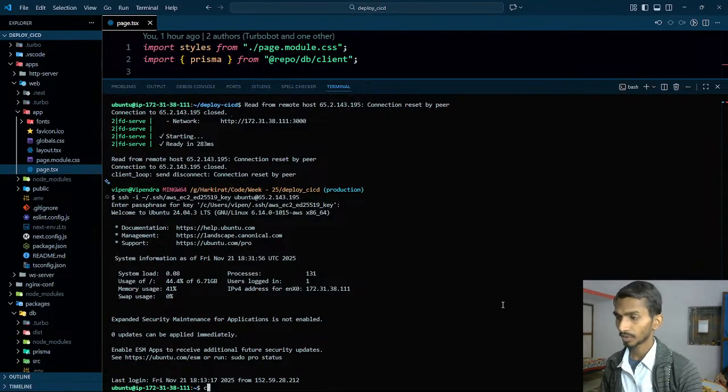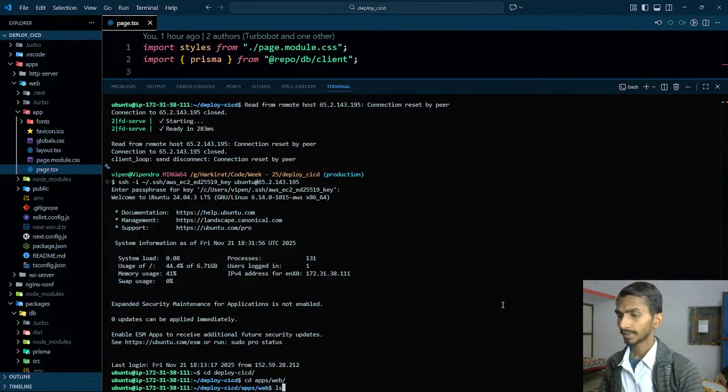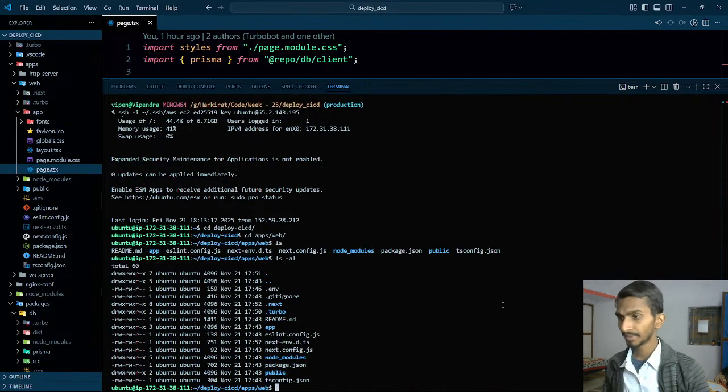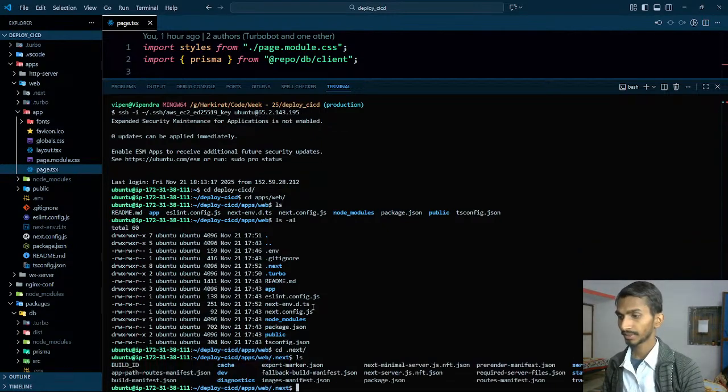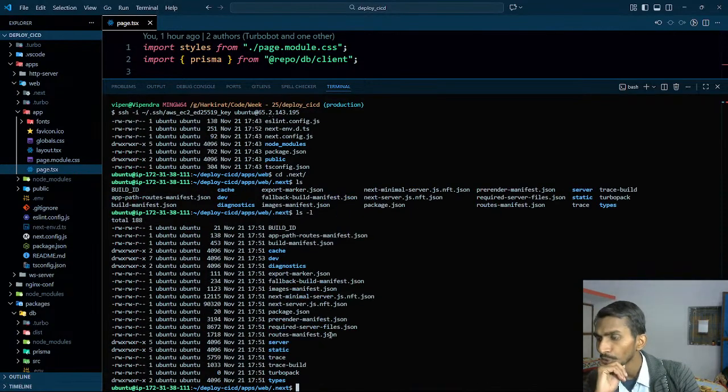Deploy, cd deploy, and then cd web, cd apps, web, ls -al, these many things we have. Dot next, cd .next, ls -l, this way it looks better. Then where do we have to go?